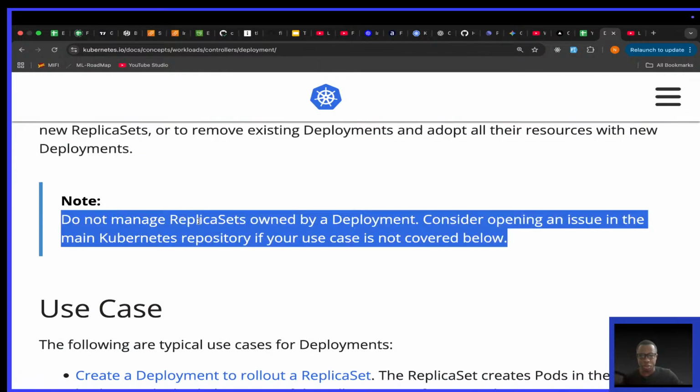It says do not manage replica sets owned by a deployment. Consider opening an issue in the main Kubernetes repository if